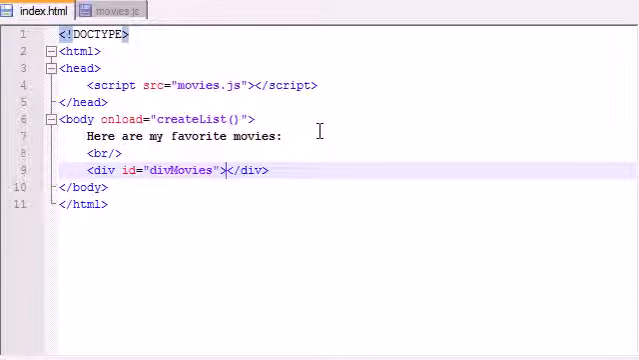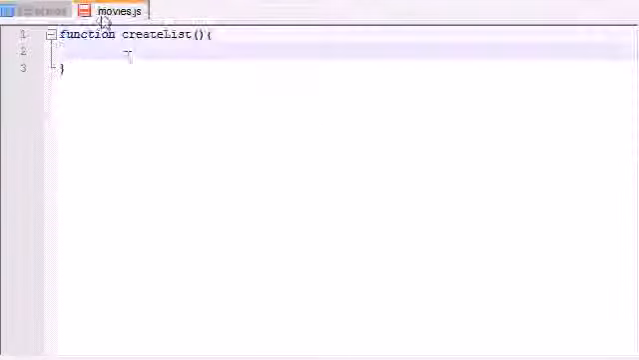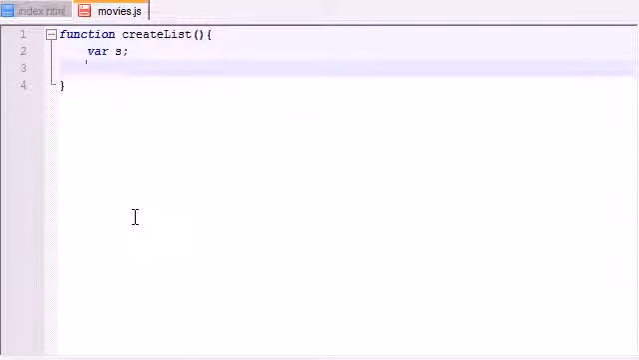So let me go ahead and, inside this div, we can just put an unordered list of my movies. Since we're going to have kind of a big list, let's make a variable s, which will stand for string. You can name it anything you want. And s is just going to be equal to, and this is going to be a really simple function, just go ahead and put